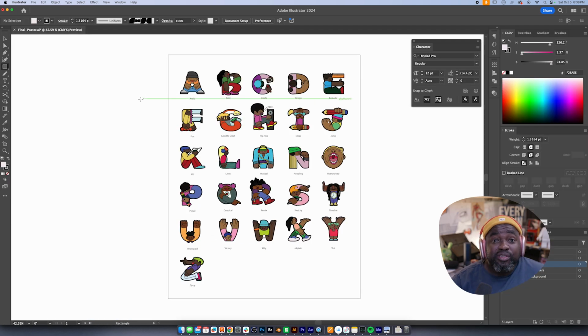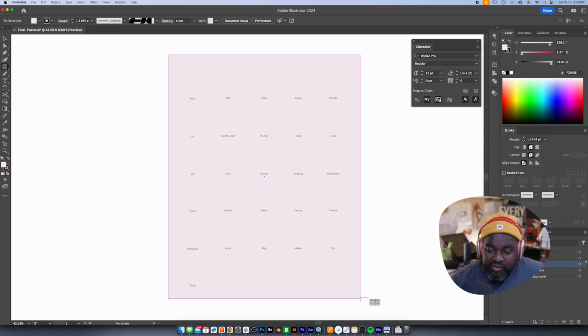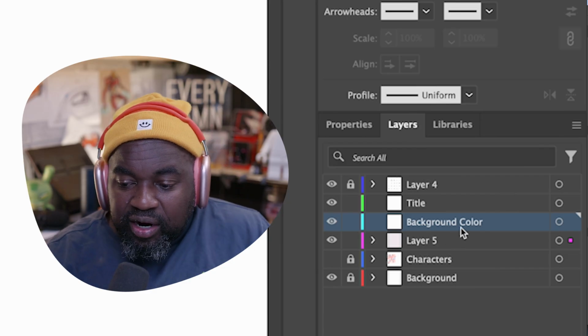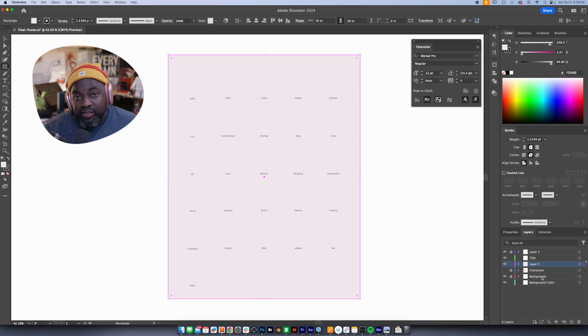The first thing I want to do is create a background for my poster. I don't want it to have a plain white background, so take the rectangle tool and draw a rectangle for whatever your design is. And you can either rearrange elements on the same layer or simply create a new layer. We're going to call this background color. And now I can drag this background color to the bottom, and you should have the background on the very